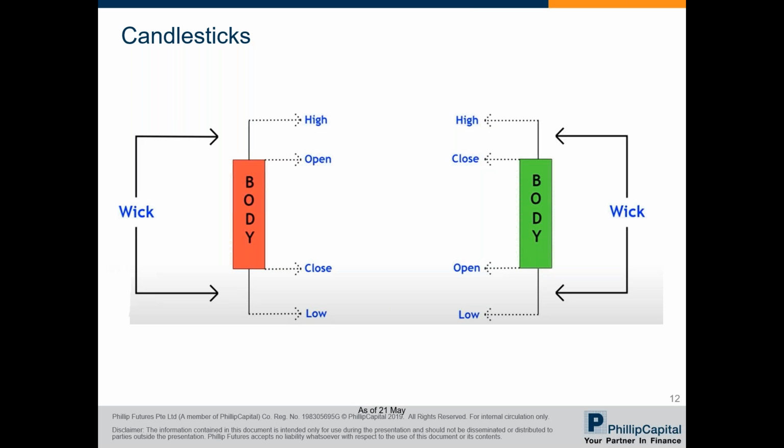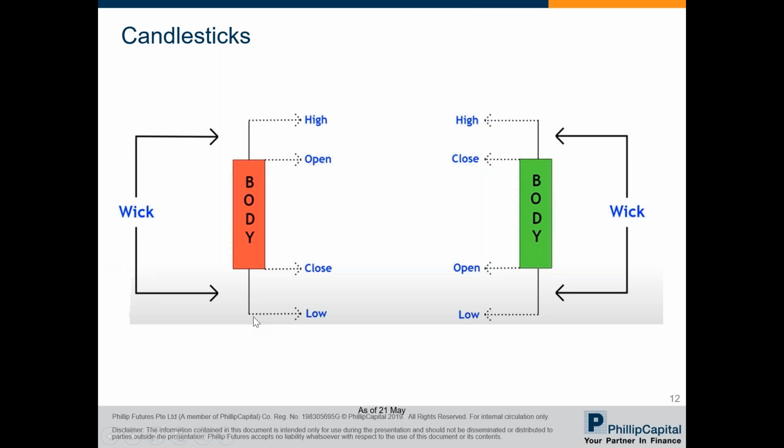For those who already know, let's just do a quick recap. The candlestick is made of the body and the wick. There are 4 pieces of information you can get by just looking at the picture of a candlestick. These are depicted here as open, high, low, and close. For example, let's assume the candlestick here is formed from the daily time frame, which is the daily chart. Starting from the wick, the top end of the wick is the high of the day, and the bottom of the wick is the lowest price of the day.